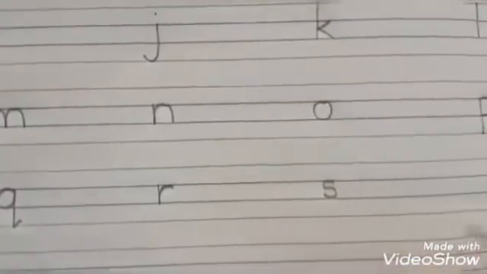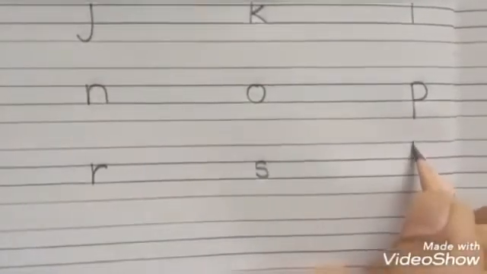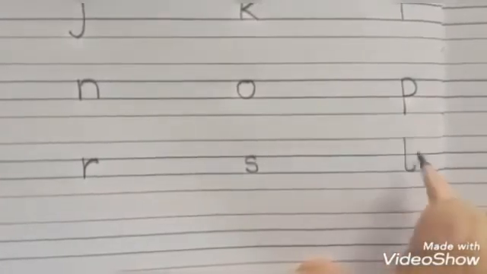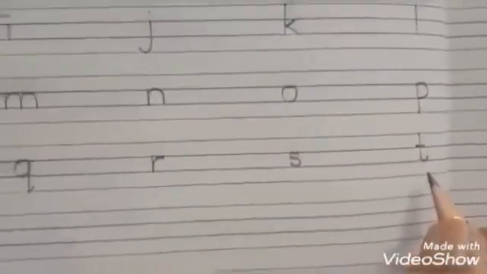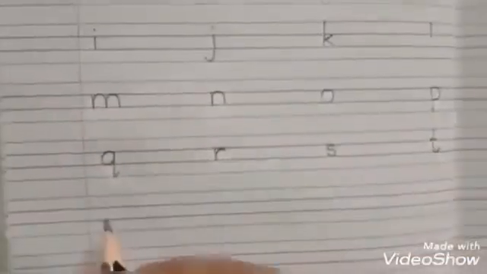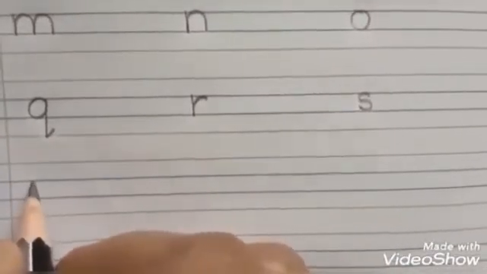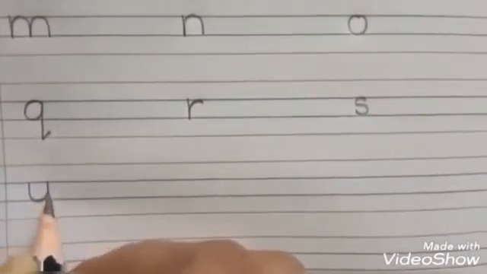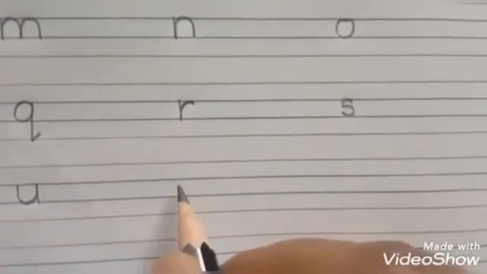Small s. Now the next letter is T. For T you will start from the top red line. Come down and go up a bit to the right and a small slipping line. Letter T. Now letter U. This is Lampati pattern for U. Lampati and then come down straight. U.